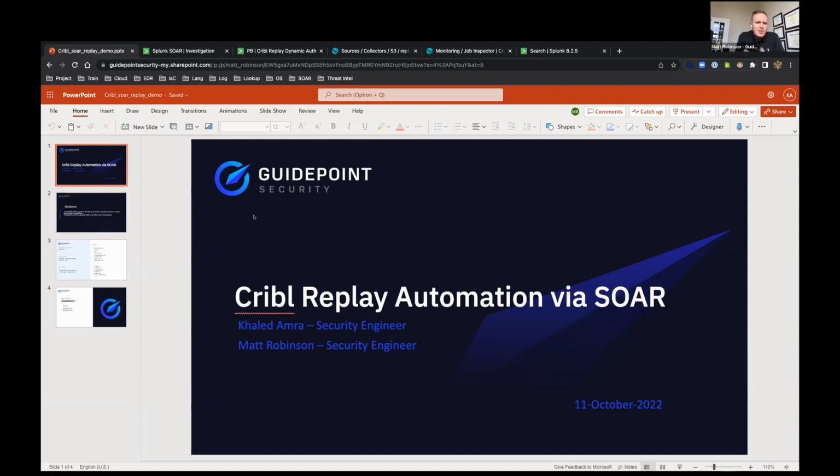We're going to demo it on Phantom, Splunk SOAR, but obviously you can port it over to XSOAR, Demisto, or something like that. Khaled's going to demo that and grab it from the S3 we have set up, and we have a data generator on a Windows box. We'll be working off of past logs, so it's already stored in S3, and we'll just be querying that, even though the environment's still generating logs now.